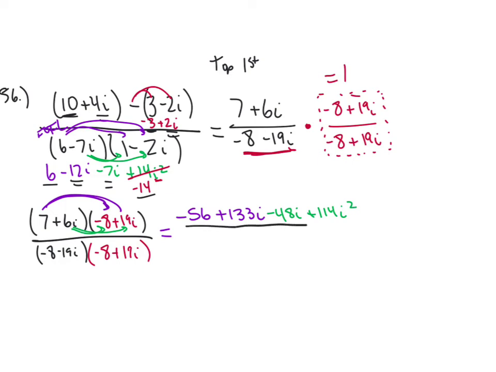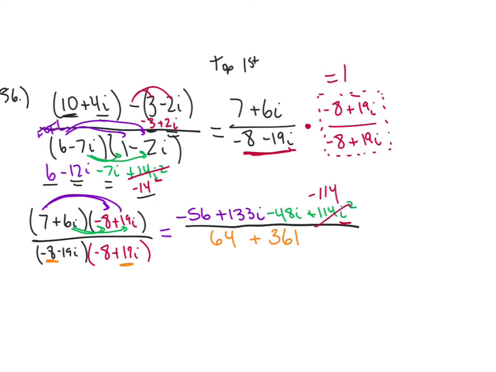Now remember, I'm going to use my shortcut for this. So I'm going to take negative 8. I'm going to square it to get 64. I'm going to take 19. I'm going to square it to get 361. So then look, our shortcut says to add them. And 19 squared is 361. So, after all of this, we're going to continue. We're going to start simplifying. The i squared makes 114